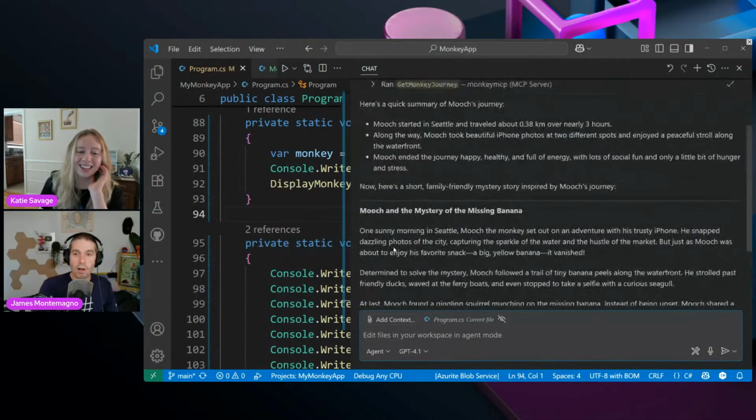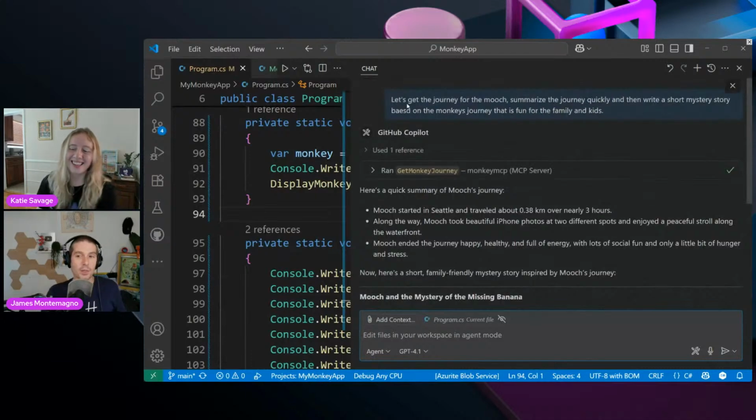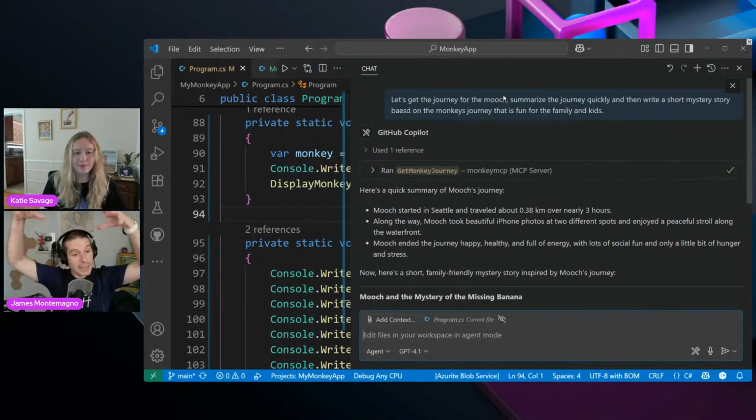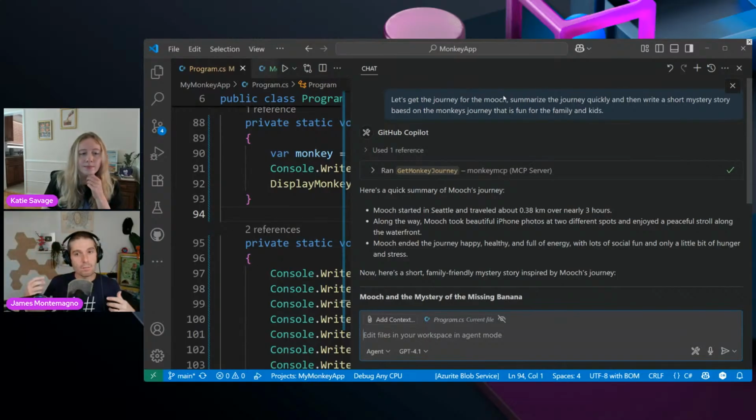Amazing. So all I did in that case, right, is I defined the prompt that was there, and then it called the MCP server, returned all the data, and then the LLM took that data and interpreted it to turn that into a journey, right? So it's kind of calling multiple tools all together, right? My MCP server didn't create the story. The coding agent did here. The agent mode did. The LLM did, because it has the data exposed based on what I asked it to do.